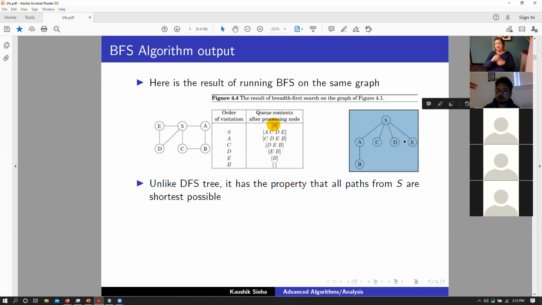This is our corresponding BFS tree. Since we are using this queue approach, we are able to discover all the vertices that are in my immediate neighborhood. I need to process all of those vertices together, so I insert them into the queue. Then once I have them in my queue, I keep on exploring all of those vertices one by one, and I add more and more vertices to the queue as I explore more and more neighbors of the neighbors, the neighbors of those neighbors, and so on. Right?